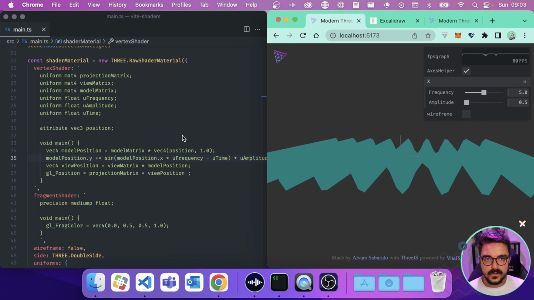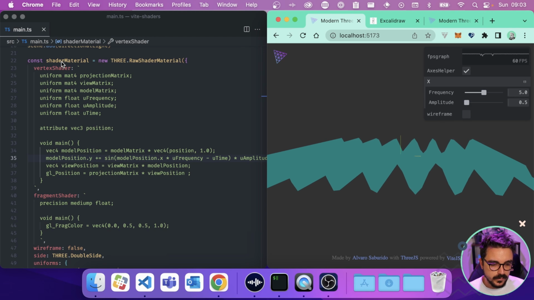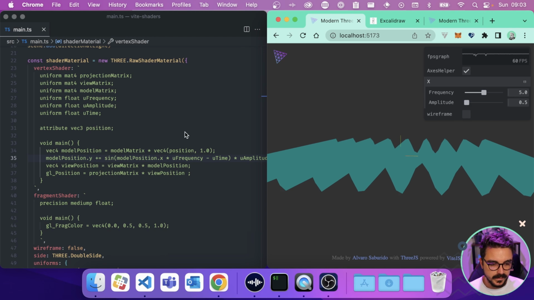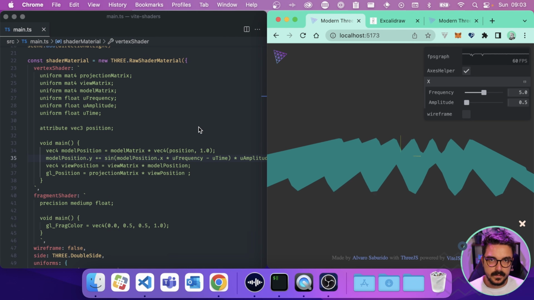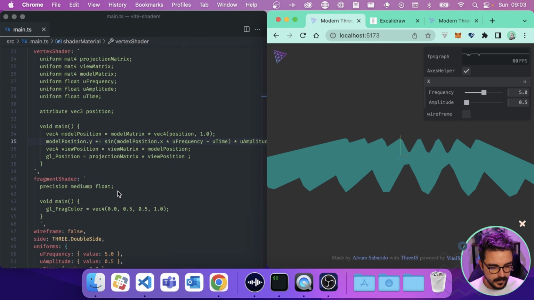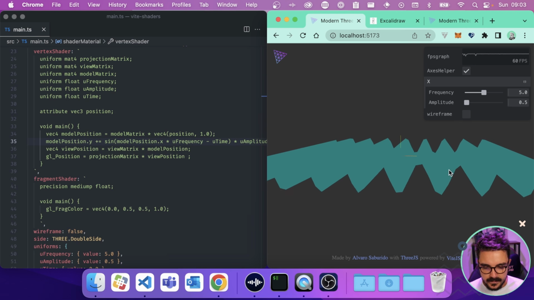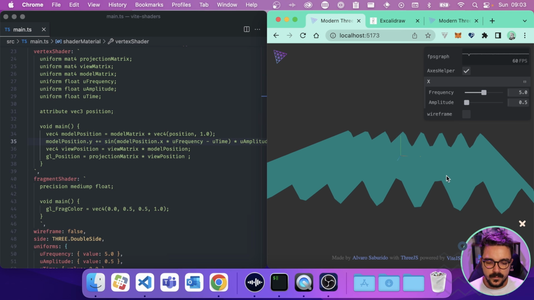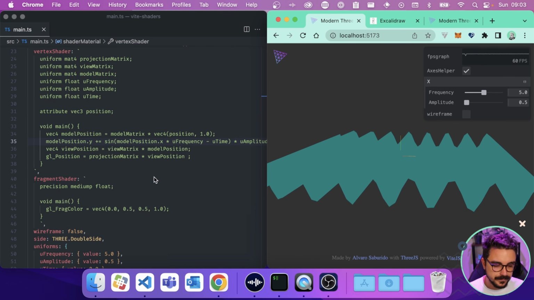So now we saw how to use uniforms to change some variables in the shader material vertex shader, but can we do the same in the fragment shader? Let's figure it out. So let's say we're bored of this teal color and we want to be able to change it here.